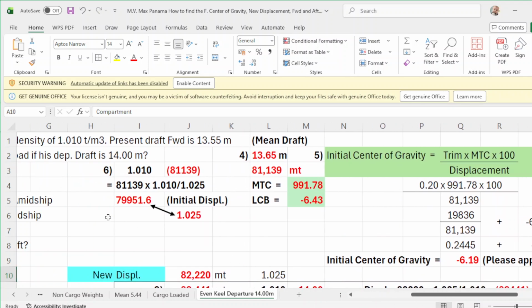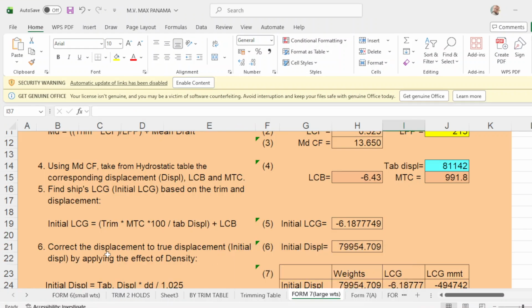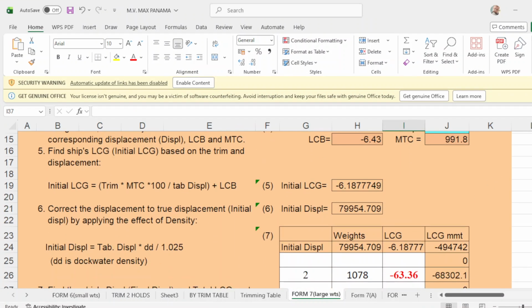Then we go to number 6. It says here: correct the initial displacement by applying the effect of density. We have to apply now the density of 1.010.